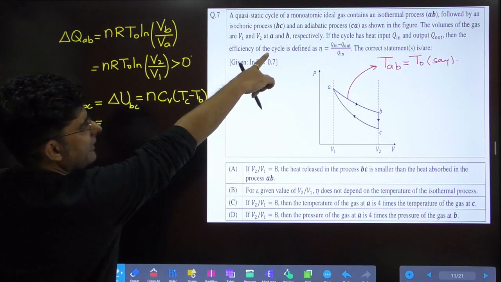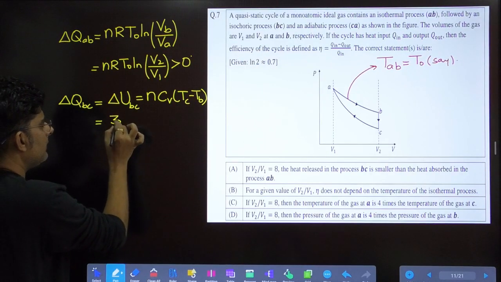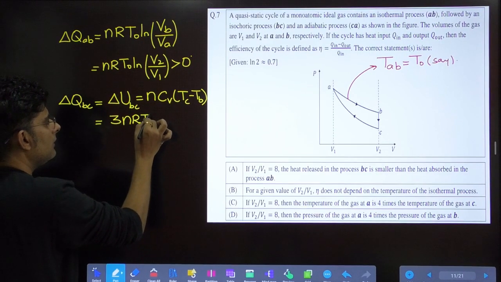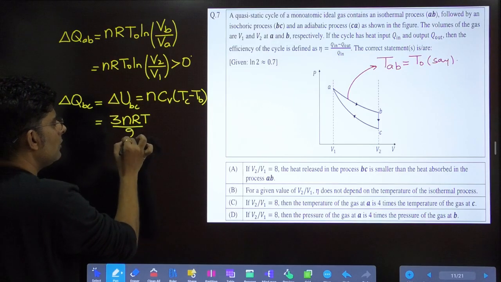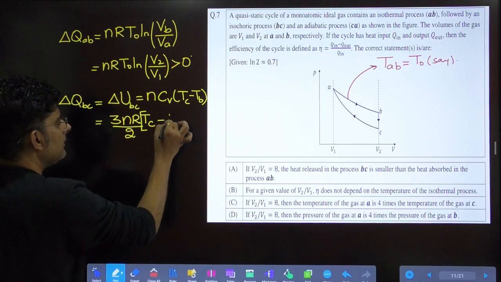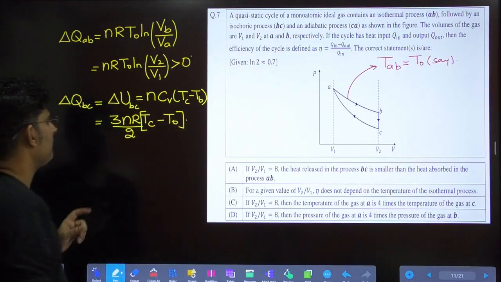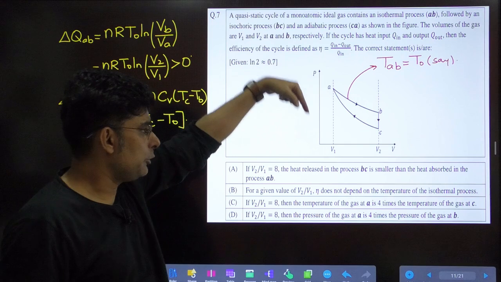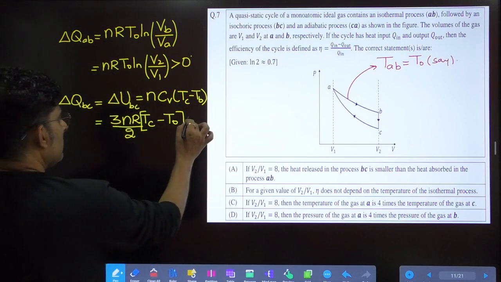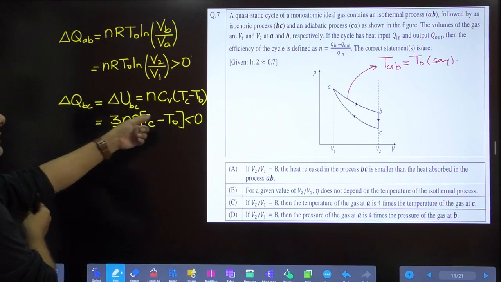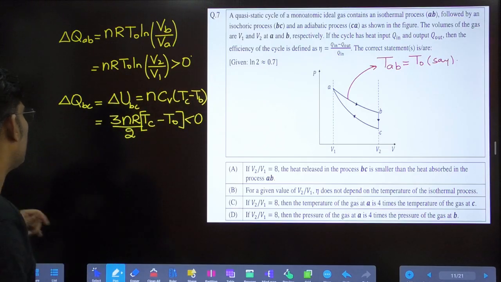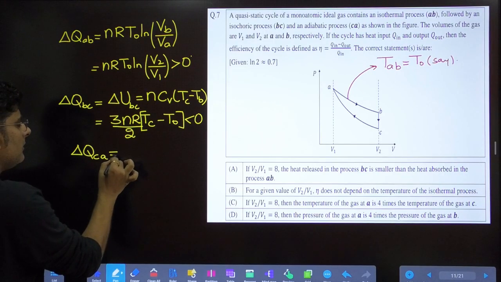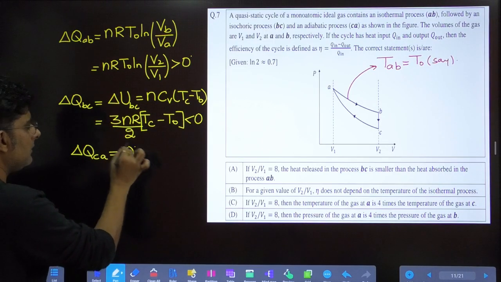Since it is given a monoatomic gas, we can write the value of C_V as 3R by 2. So 3nR by 2 (T_C − T₀). This is the expression. Now we know that in B to C volume is decreasing, so temperature will also decrease, so this heat will come as negative. So it is released heat. Then delta Q_CA,